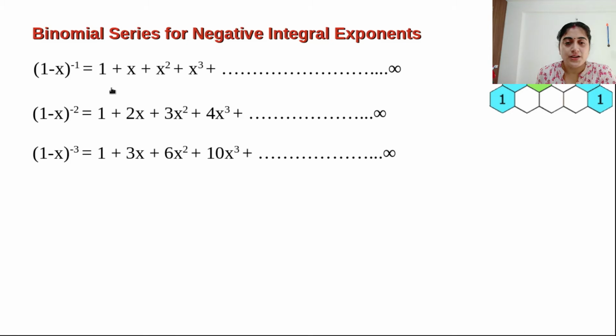Now as we have seen, the series for (1 minus x) to the power of minus 1 looks like this, the series for (1 minus x) to the power of minus 2 is like this, and (1 minus x) to the power of minus 3 is like this. So what is the pattern of the coefficient of these terms? If I am going up to (1 minus x) to the power of minus n, the first term is always 1, and the second term, so what will be the nth term? The coefficients are 1, then 2, then 3, like that it keeps on increasing. So up to n, it will be nx.